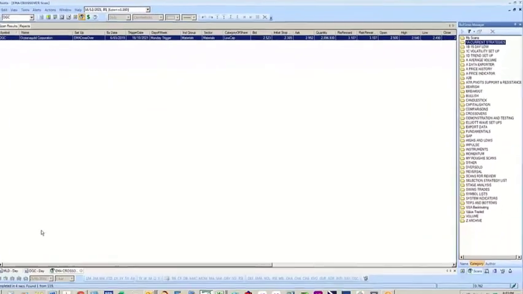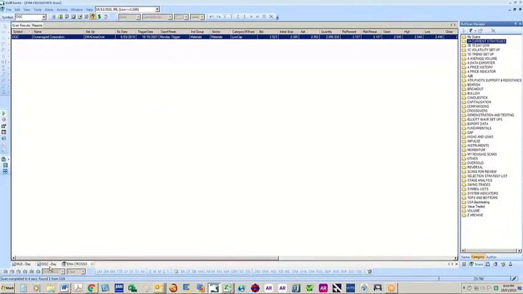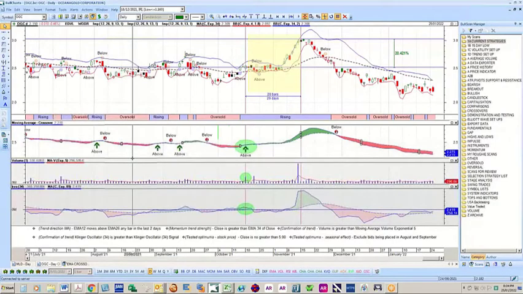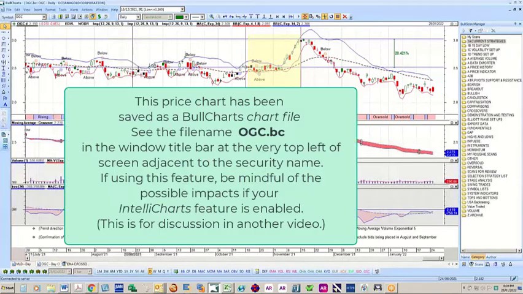Alrighty. So what I might do is just call up some charts. And I was talking to Rob the other day about this. I won't get into detail, but I actually saved this chart out for the purpose of today. Probably for a future time. Be careful about how you do that in relation to whether IntelliCharts is running. I'm not going to delve into that.